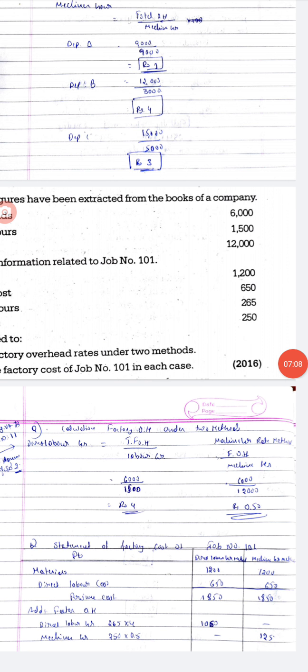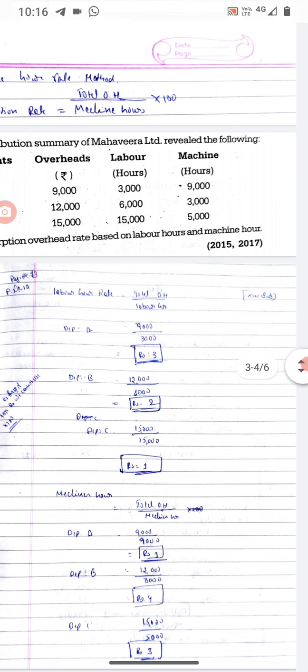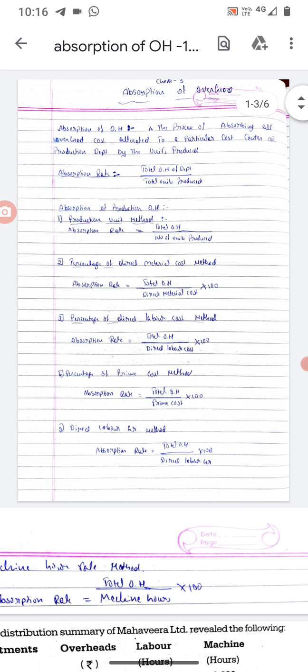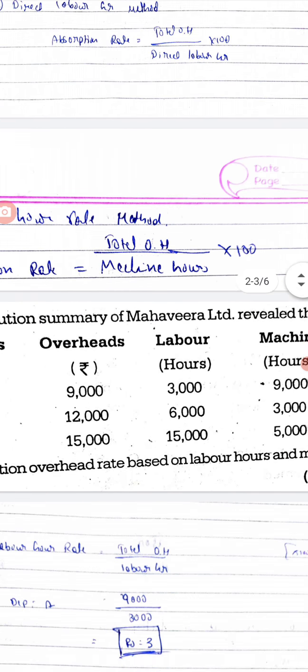So this is absorption rate. Today we have done with the absorption rate theory. I have explained to you how absorption rate is calculated. It is very simple. It is just a formula based aspect where we identify the particular overhead to a particular department or cost center, and that is the concept of absorption rate. And then we solved two problems. Then we have understood the formulas. So formulas are very direct. So if direct material is given, you have to take direct material. If labor is given, labor, machine hours, labor hours. So like that you have to do here.